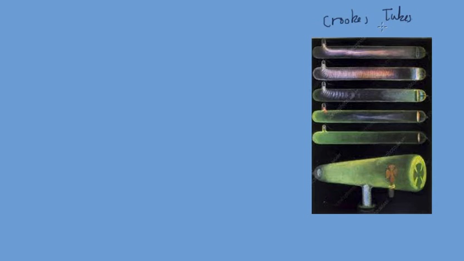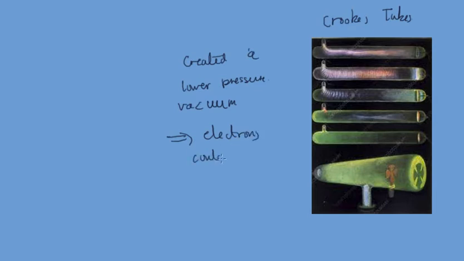What Crookes did was create a lower pressure vacuum in the tubes, which meant that the electrons could travel